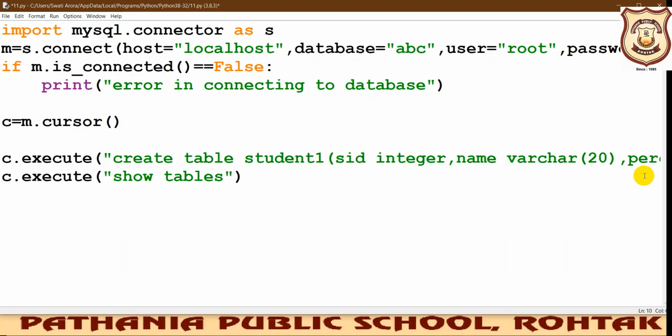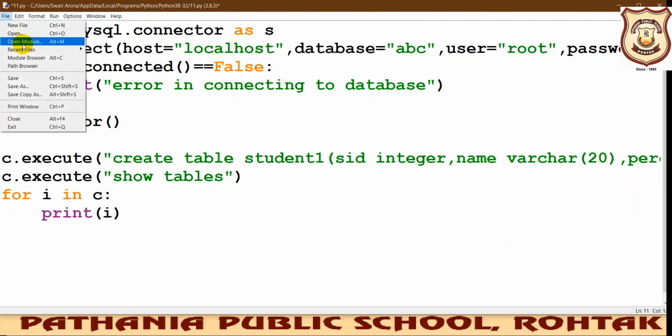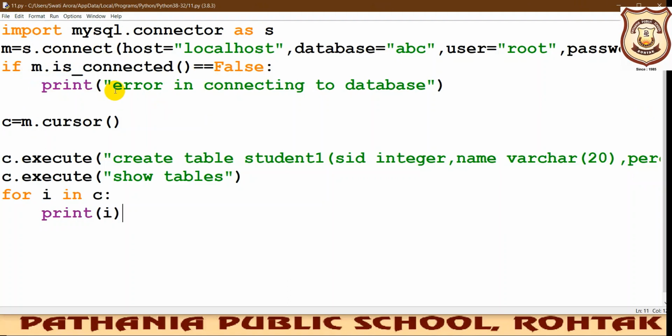And then we need to put a for loop again, so that we may check whether our new table has been created in the database or not. See, no extra spaces you should give, otherwise it will give you an error. Okay, fine beta. So we need to save, and then we will run it.